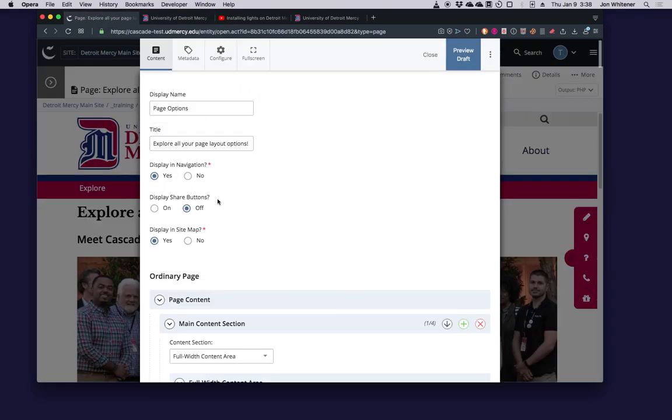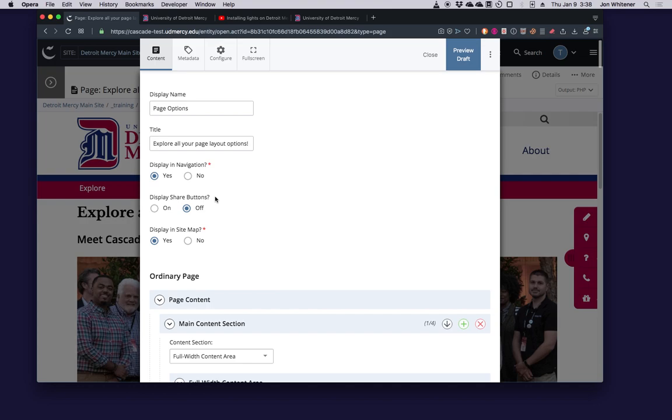The next few pieces of metadata we've inserted inline here in the content editing view. Display and navigation is typically going to be set to yes. Display share buttons will insert a little bit of code at the top and bottom of each page that allows people to share that page on various social media, as well as via email, even to a printer.